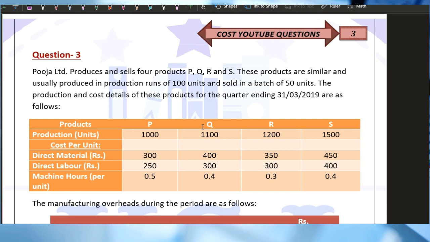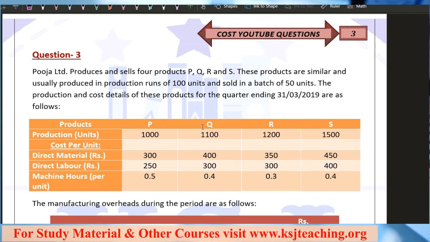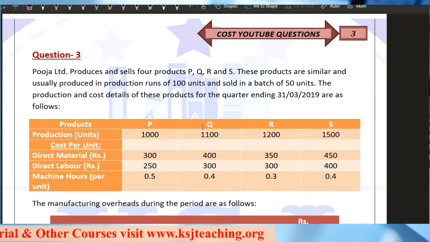So, let's continue with our discussion on activity based costing. Our chapter number, how much? Sir, 5? Yes, the first was introduction, then material, then labor, then overheads, now activity based costing. So we have to cover all in all 17 chapters, right? But you might say, sir, in the study material there are not 17 chapters. Yes, I know there are not 17 chapters. I have divided those chapters into 17, right? We'll be covering everything according to your study material only. Don't worry about it, right?